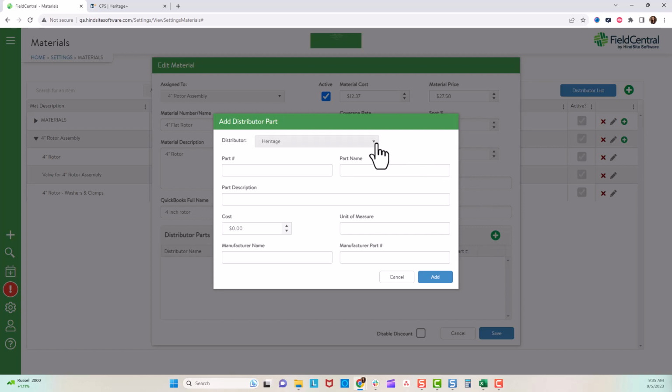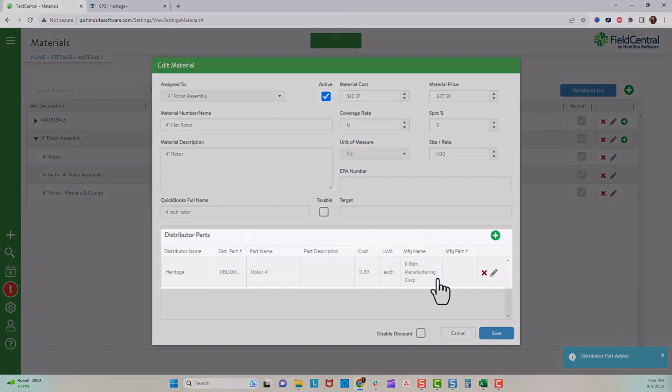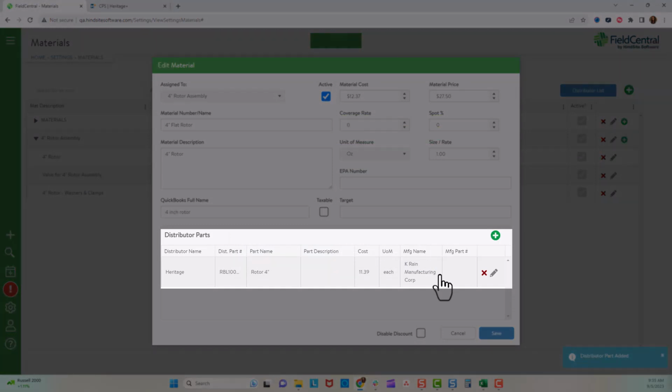Since we have only added the name of one distributor, they will automatically populate in the distributor dropdown. If multiple had been added, we would need to select the appropriate one here. Complete the process by providing material or part specific information from the distributor and then click Add. Now we can confirm that this specific material within Field Central has been mapped to the distributor with the appropriate